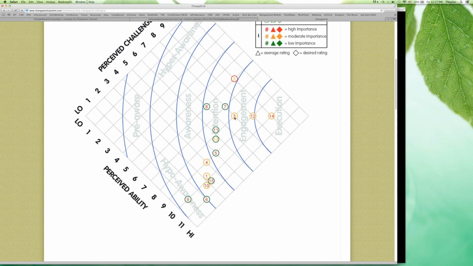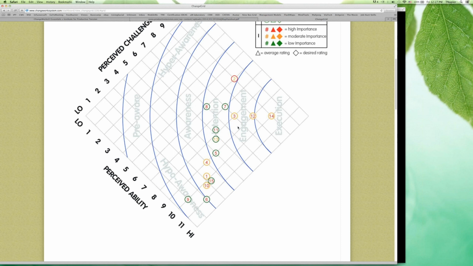Stephen would be on the heart line for activities number 3, 12, and 14 because he's at 8,8 for that one, 9,9 for number 12, and 10,10 for number 14. So there's a perfect balance between the perception of ability and the perception of challenge. That would be meeting the requirement for the strict definition of flow.